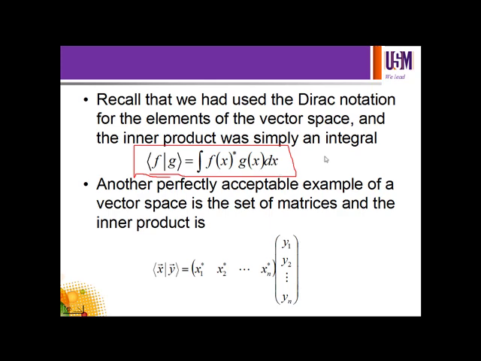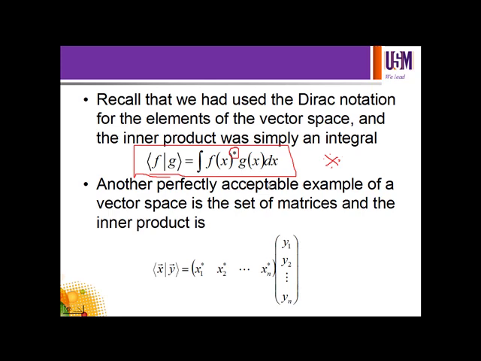So this is the general formula, the definition, of an inner product. The left hand side, or the bra side, when you write it in an integral, becomes a conjugate. The function is conjugated,